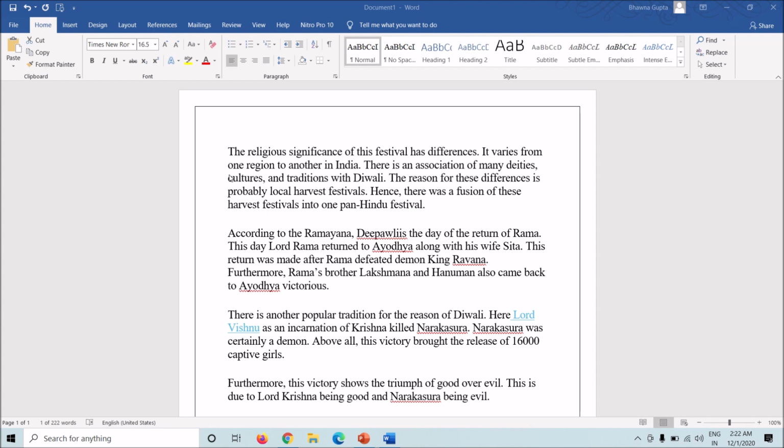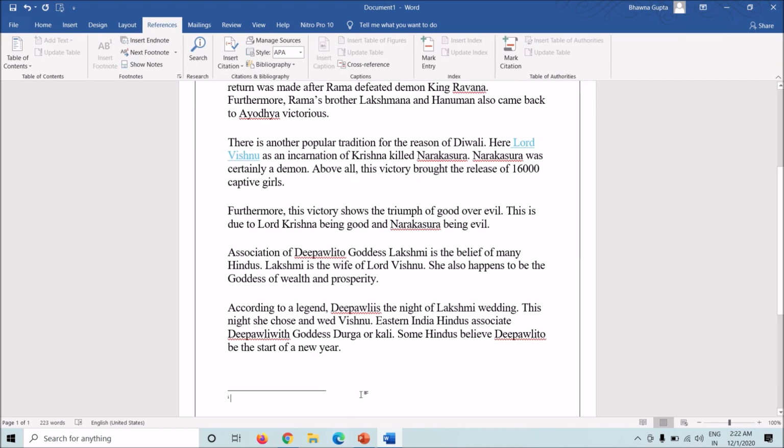So let's start with footnotes. Now I have written this paragraph and I want to cite from where I found this paragraph. I need to add the source of the paragraph. So now I'll go here. I have 2 options. Either I can go to References and Insert Footnote, which will show here, or Insert Endnote, which will show here, and add that citation. That's up to you what the citation is.